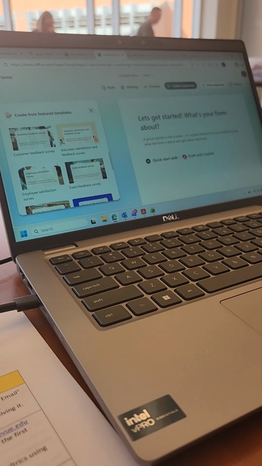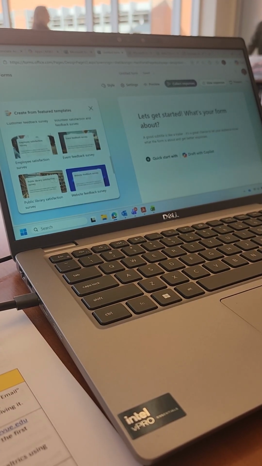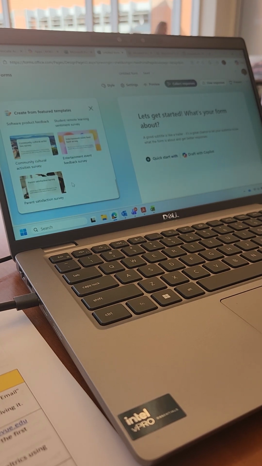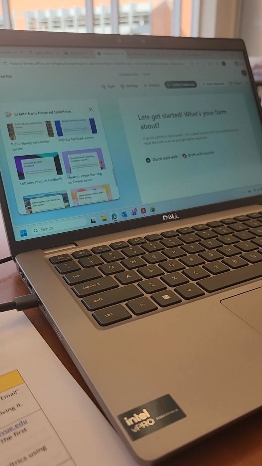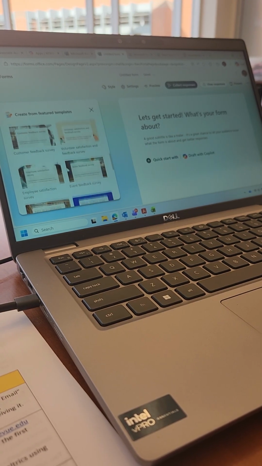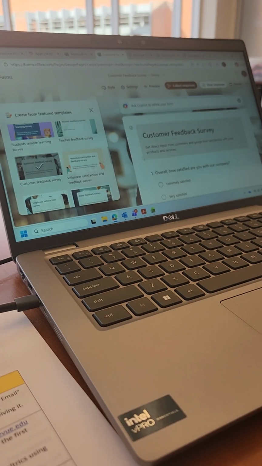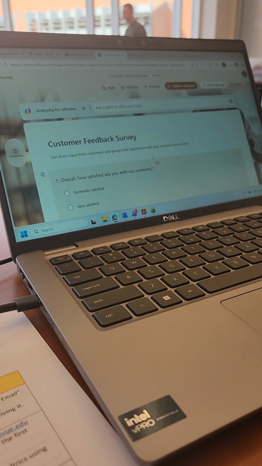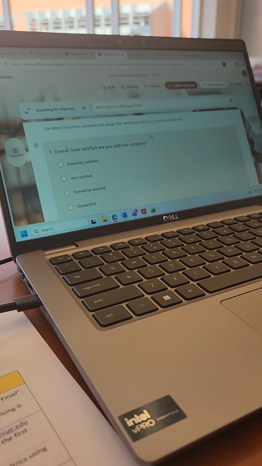Customer feedback, employee satisfaction. I'm sure I just picked one of these. Parent satisfaction survey? Is that a real thing? So let's say that I just do customer feedback. There we go. And then get direct input from customers, engage their satisfaction. And then I believe